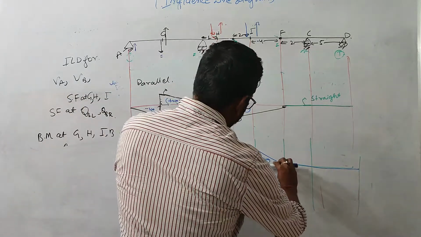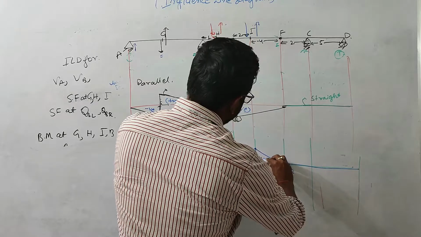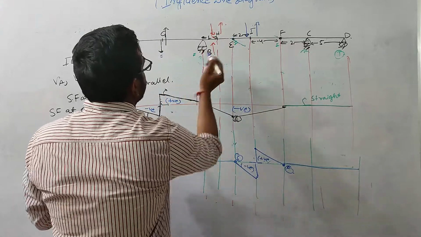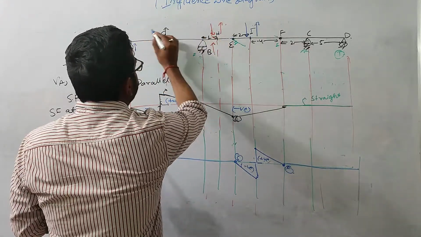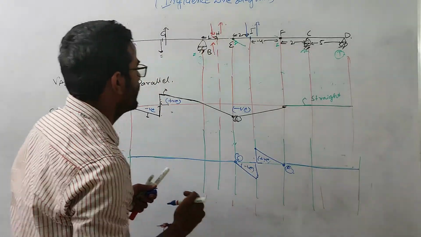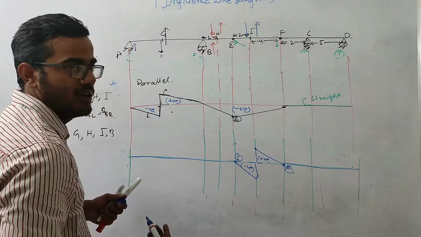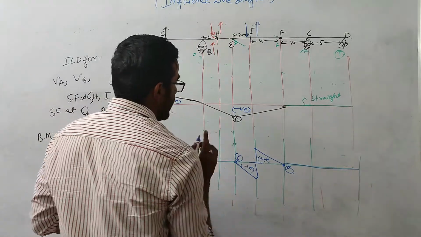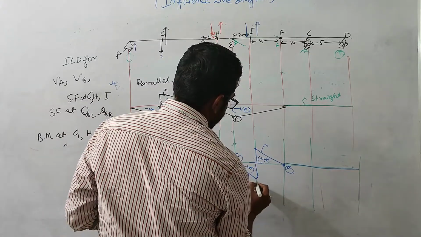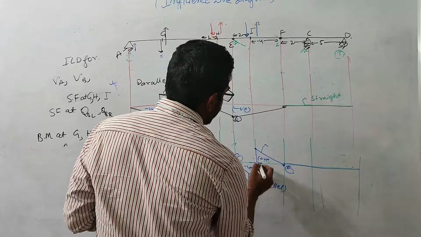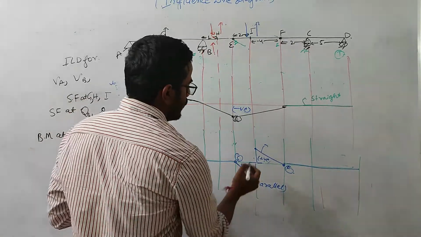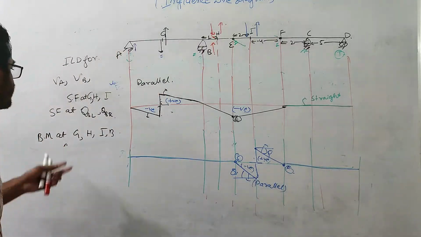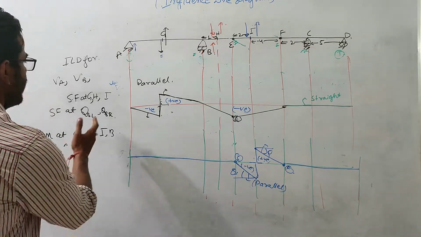Because let us suppose this is the beam over here. If I am cutting this beam, it will move like this, and this portion is moving like this. But after that, this portion cannot go upward. It will result in the bending of the member, which is not allowed in the case of an unstable structure. The deflection diagram in an unstable structure should always consist of straight lines. And remember one more thing: these two lines are parallel. Why? Because we are not releasing moment at this point, we are releasing only shear force. So this theta and this theta should be equal, right? So this is the case of the shear force at point I.